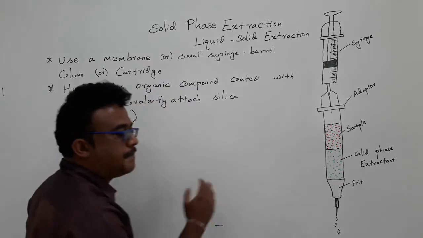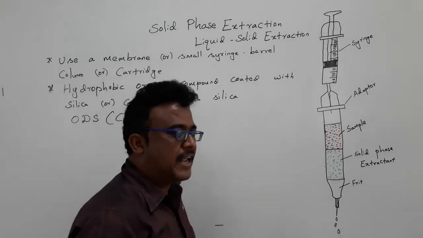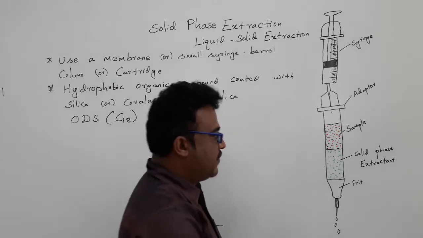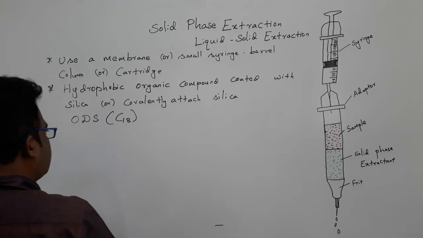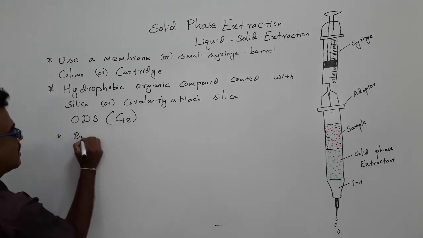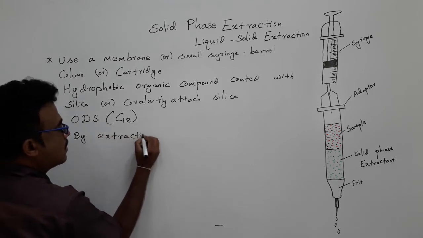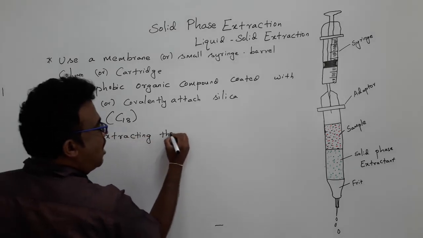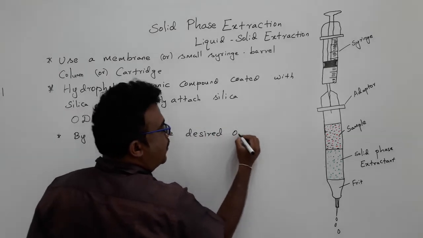This process is called pre-concentration. How is it pre-concentration? We have to understand it by extracting the desired organic components